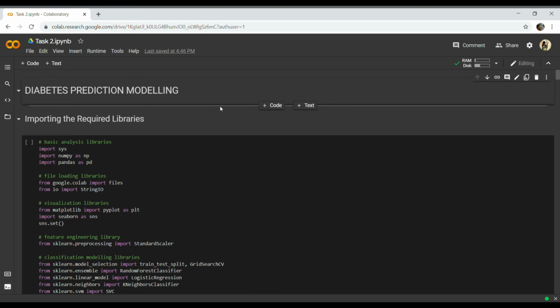So first of all, we import the required libraries. Before we begin, I am doing this in Google Colaboratory because I already have a Jupyter notebook in my system, but that system does not have the recording functionality, which is very bad. So that's why I'm using another system which has recording functionality, and I copied my code just for recording purposes. So here I am, let's get into the coding.